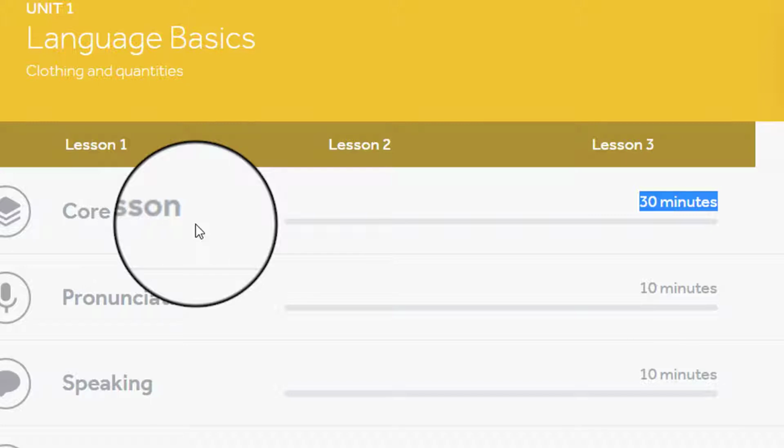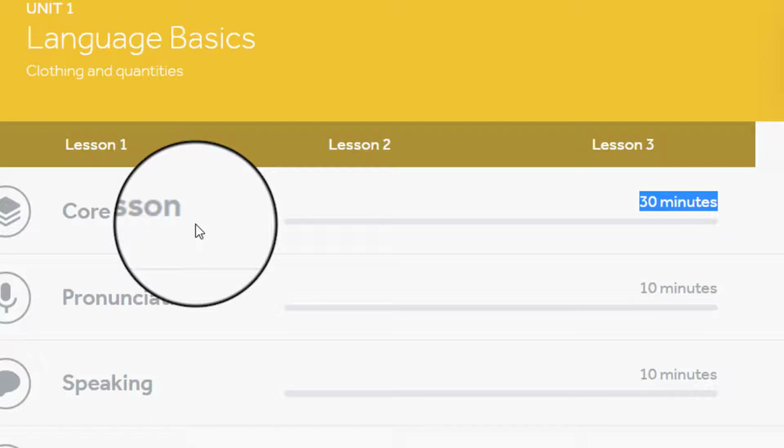So Rosetta Stone does not expect you to get 100% on the core lesson, because it's just introducing the ideas to you, the vocabulary and stuff, and it's trying to create little holes in your brain